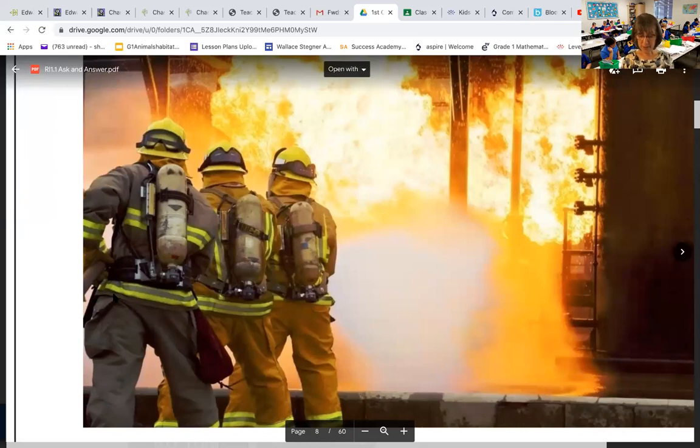Then the second question that I thought of, the stronger question, was how heavy is their hose? Because I was wondering that, how hard is it to hold that hose, because there's 3 of them holding it. And so that's a little stronger question because I don't know the answer to it. I would probably have to look it up somewhere, or maybe it would be in the text that would go with this picture.